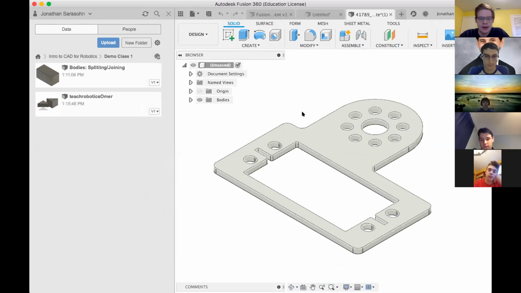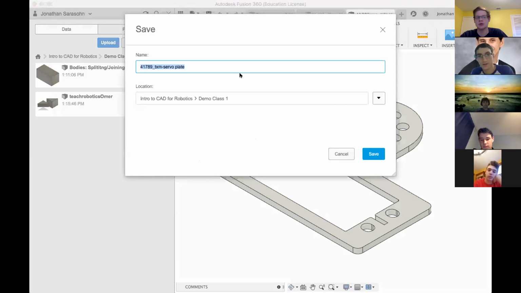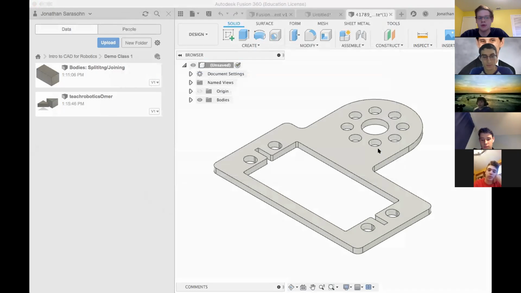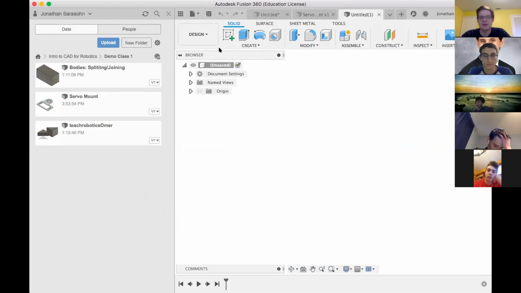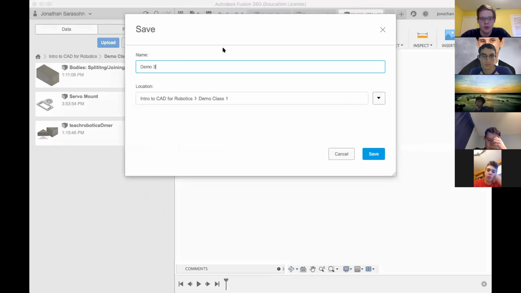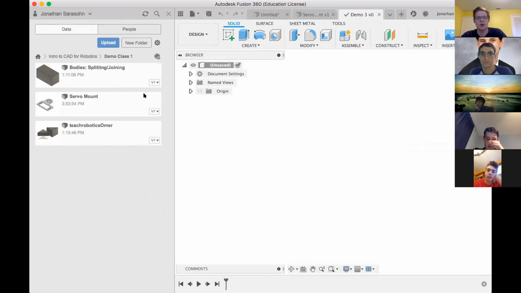And so you can open it, and then you could save it by doing just Command S or Control S, however you normally save a file, and giving it a name. So I'll name this servo mount, and the part comes up into there. So now I'll start again a new design, and I'll save the design. That's the first thing you want to do when you start working on a project, and it'll come up in